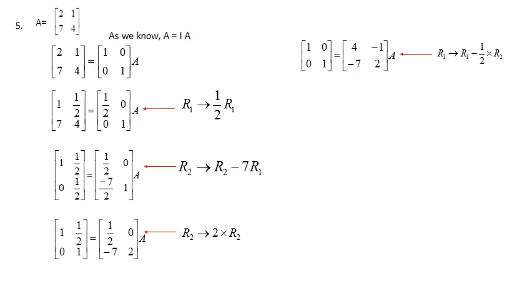So a matrix multiplied by some other matrix will give us the identity matrix. The other matrix that we get here is the inverse of the given matrix, that is 4, minus 1, minus 7, 2. 4, minus 1, minus 7, 2 is the inverse. So this question we have done without any rough calculations. Through proper practice we can solve this way also. If you feel difficulty following this method, take a sheet of paper, do the rough calculation and then complete it.